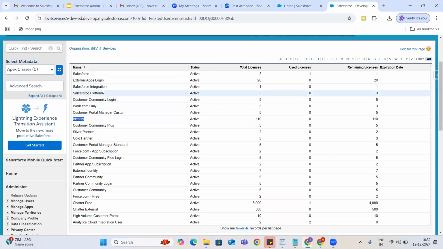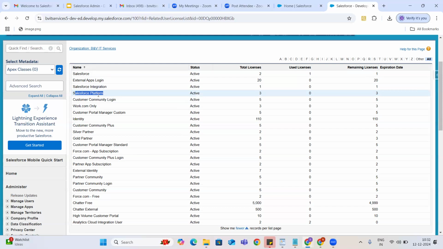The Salesforce platform license is another one. Generally, we will provide it to our business users. The major difference is that using Salesforce and Salesforce platform licenses, people can log into the Salesforce org. Okay. And the difference between Salesforce and Salesforce platform is that using the Salesforce license, you can do some setup configurations.